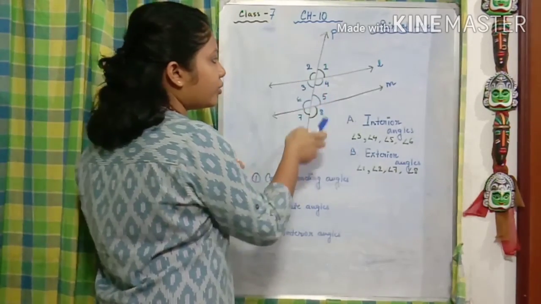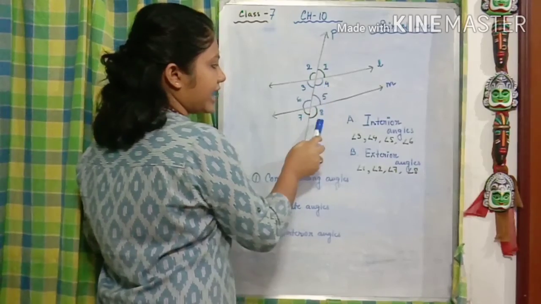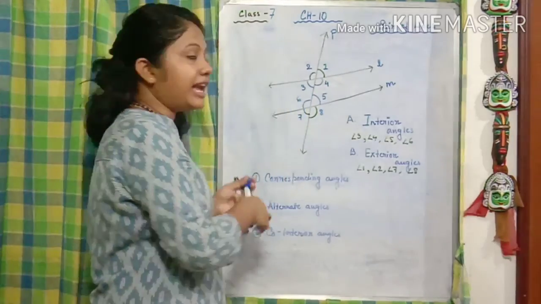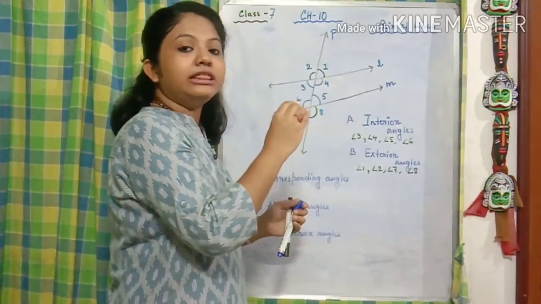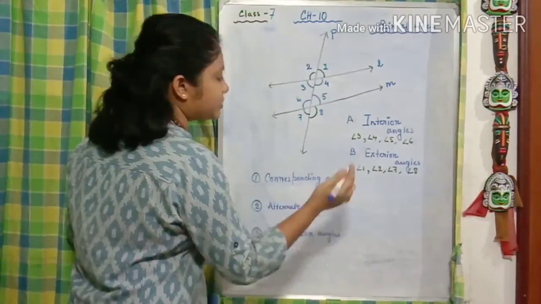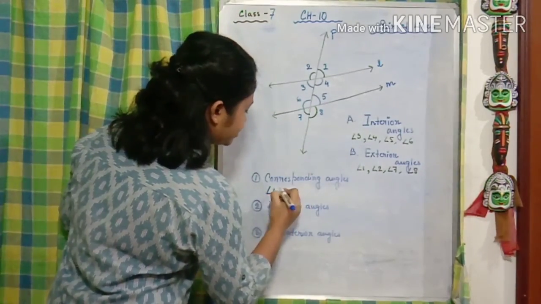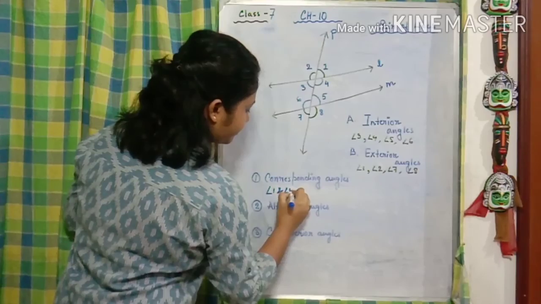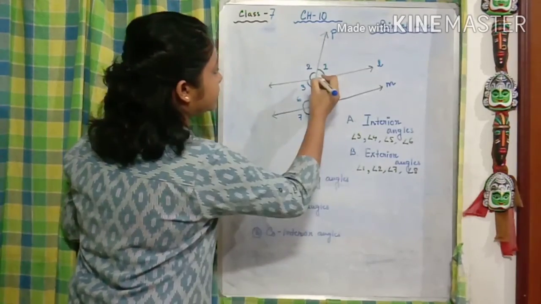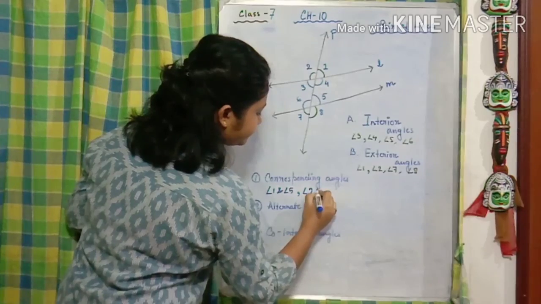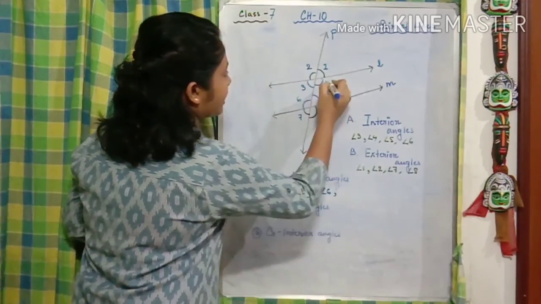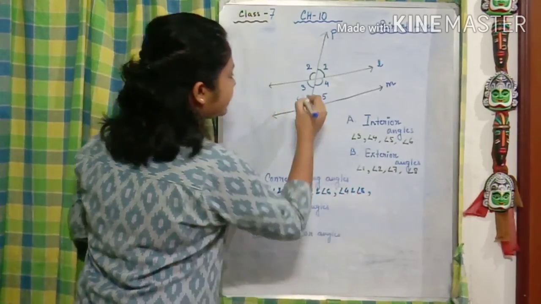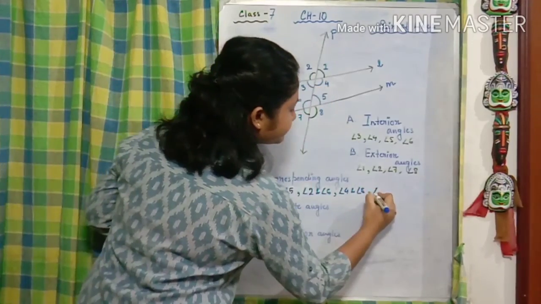Similarly, what kind of angle you are going to get? Similar type of 4 and 8, 2 and 6, 3 and 7. So we can say this kind of paired angles, they are corresponding to each other. So they are corresponding angles. So I am just going to write it down. Angle 1 and angle 5. Angle 2 and angle 6. Angle 4, angle 8. And the last set, that is angle 3 and angle 7.